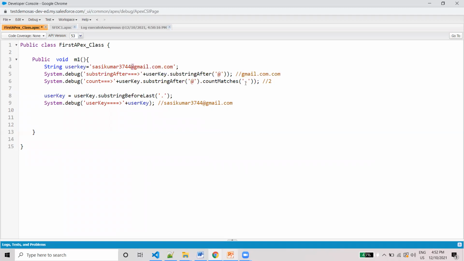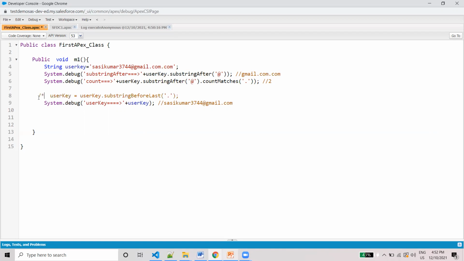Count matches means counting how many dots are available after this. There is one and two, so I think here it will print 2. So two dots are available, and this is the meaning of count matches for the dot.